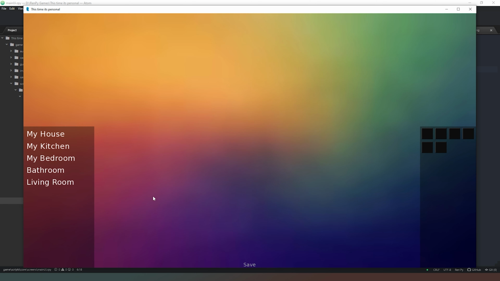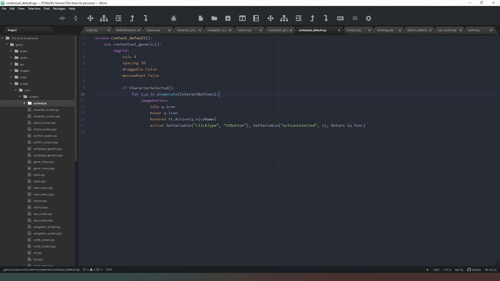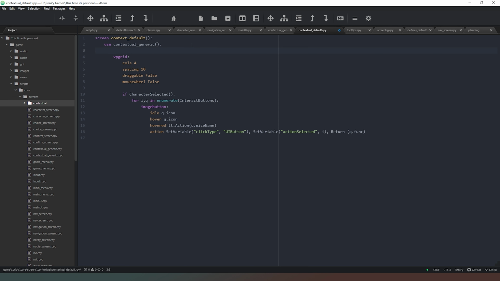So we'll quickly come out of our code, and what we currently have is if character selected. So we need to add another function into here, which we're going to do at the very top, and we're going to say if NPCs open bracket selected dot, nope, don't put a dot there, we put it there, dot location is not the same, or we can just do not equal to our location,